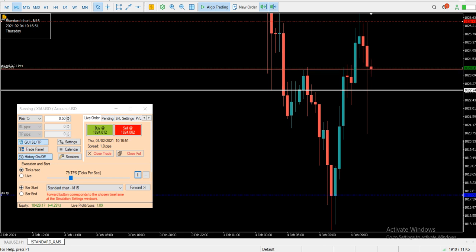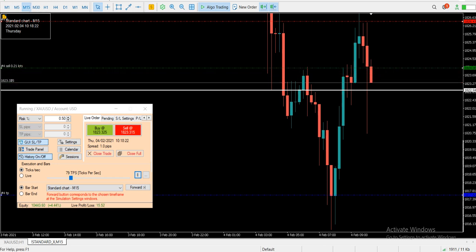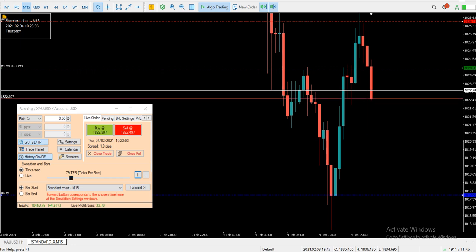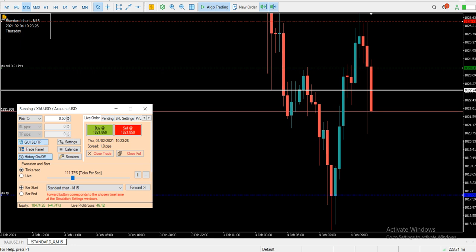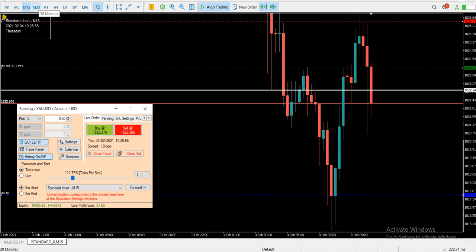So maybe the 5-minute. Okay, 15-minute is closed bearish, but closed with a rejection. So let's see. We have 8 minutes left in this candle closure. Let's just speed it up a little bit. We have 7 minutes left, 6 minutes left, 5 minutes left, and this candle, if this candle closes bearish, then